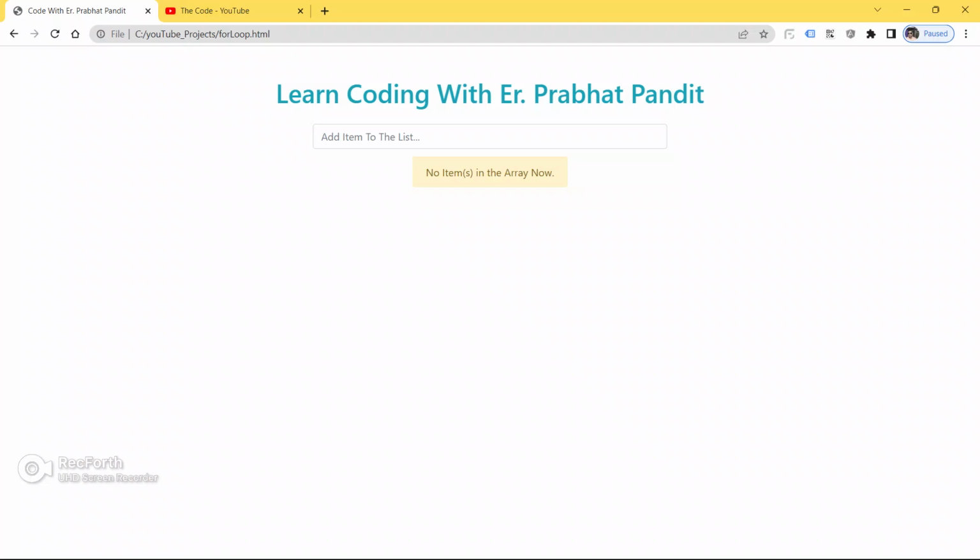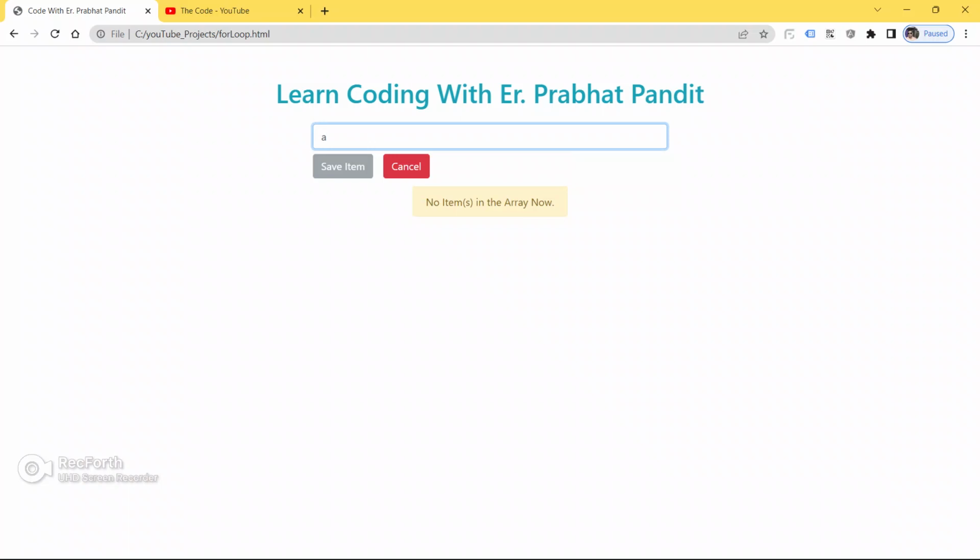So as soon as you start typing in the input box, you will see 2 buttons, save item and cancel. So let me just type. See, as soon as I start typing guys, we are able to see 2 buttons, save item and cancel. As of now, save item button is disabled and cancel button is enabled. Okay, so to make this save item button enabled guys, we have to put at least 5 characters. So put apple. See, now the button is enabled.